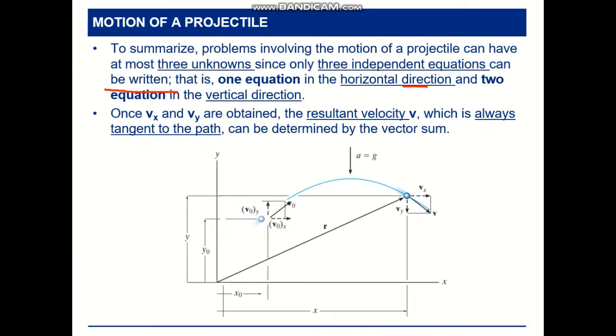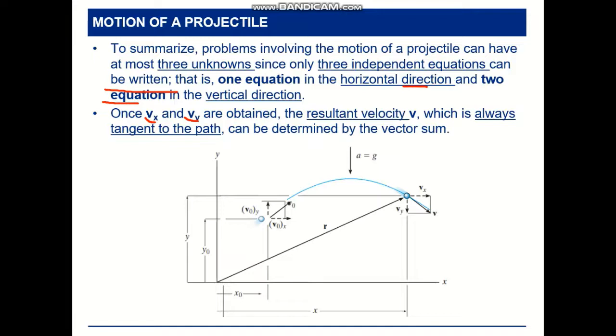So it's one equation, and for the vertical one, we can have for the velocity terms two different equations. So a total of three equations we have,